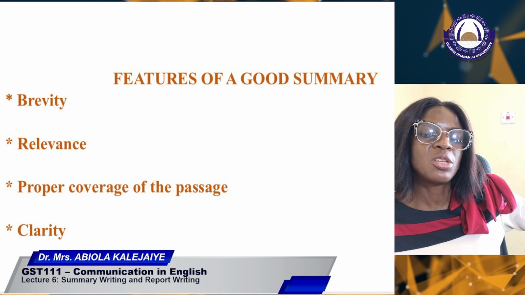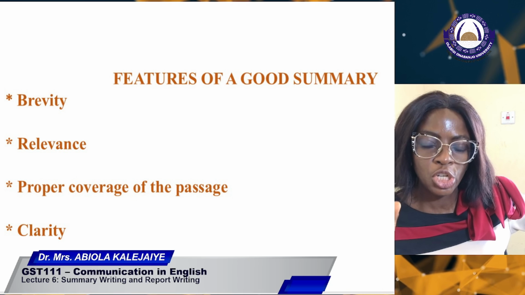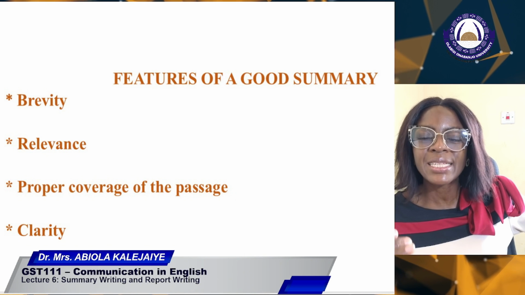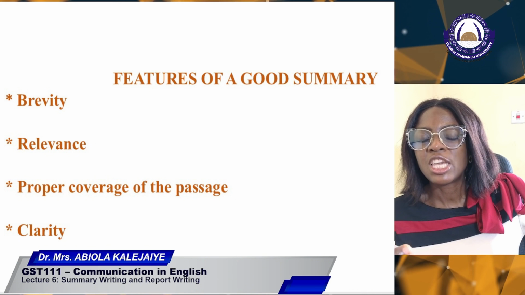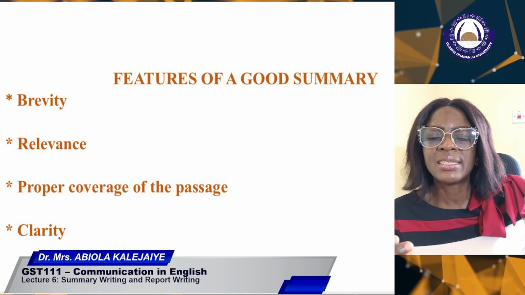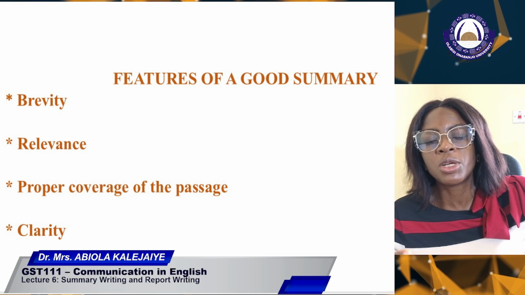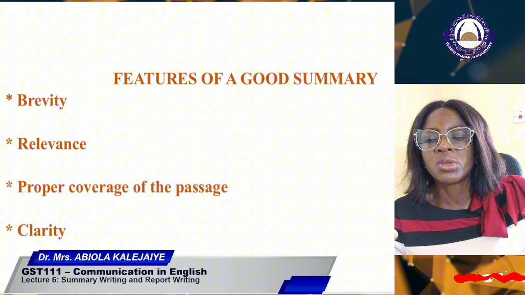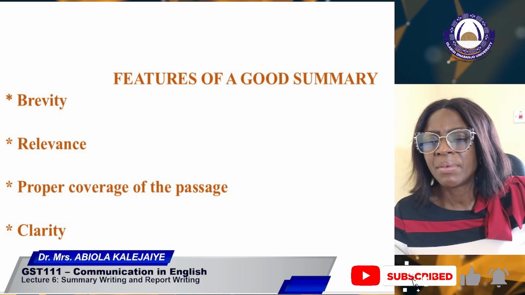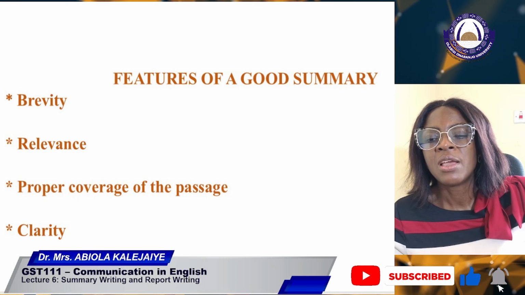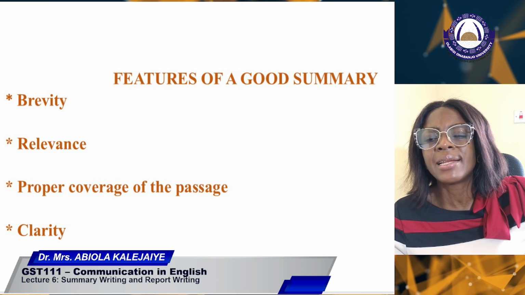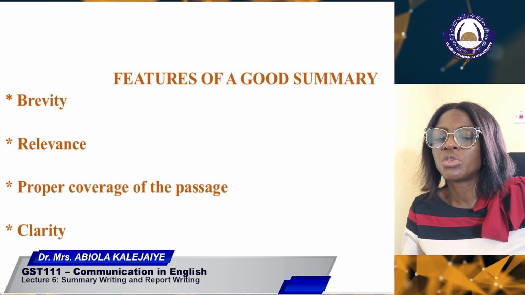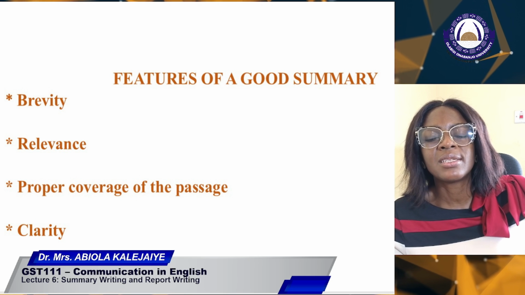So let's assume you have written a summary, you left out the introduction, and just went to the body. In the introduction, you are going to have why the author is interested in what he or she has written. That will be clearly stated in your introduction. But if you leave out the introduction and just go to the body of the work, that means there is no intention set out in the first instance when the work was initiated. That should not be. For every write-up, there should be an intention, a purpose, a goal. Those are the things you should put into consideration when you are writing a good summary.